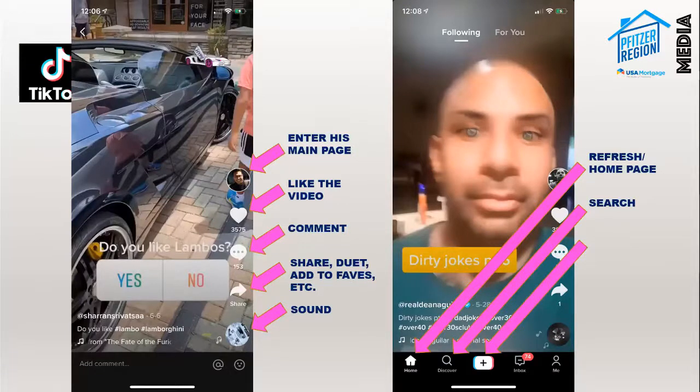Hope that helps. Then the plus button is where you create a TikTok. So once you click that button, it's going to take you to a couple of the screens that I'm going to show you in a minute. And then you've got your notifications. This is pretty simple. Pay attention to this. Just like Tristan and I always tell you guys, on any social media platform, always engage your engagement. So if people are commenting on your posts, give them love, like their comment, respond to their comment. And the beauty of TikTok is you can actually do a video reply to comments, which is very unique for these platforms. It's an awesome feature. Check it out if you haven't already.